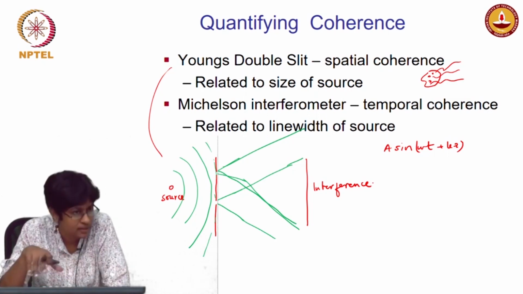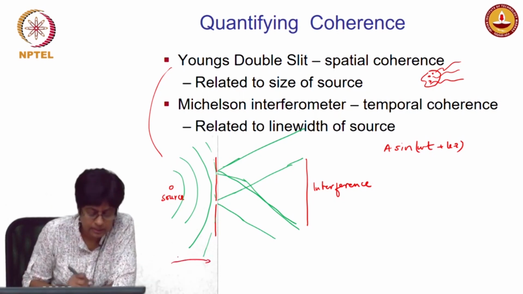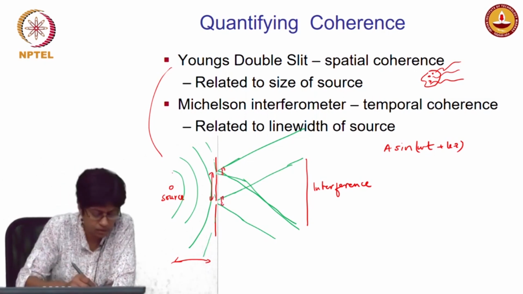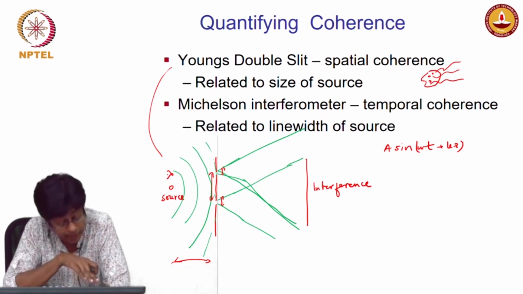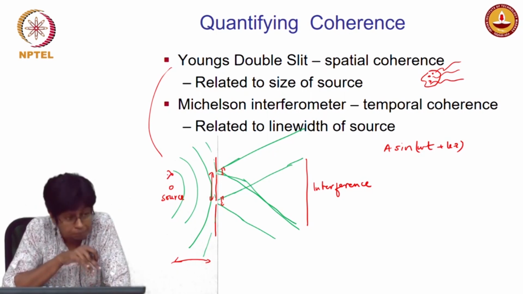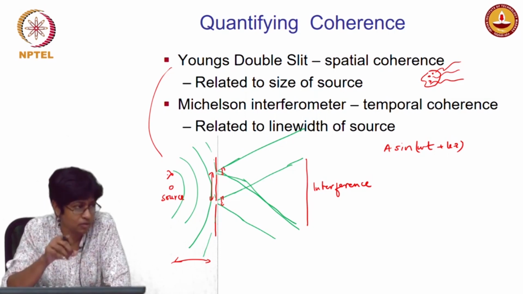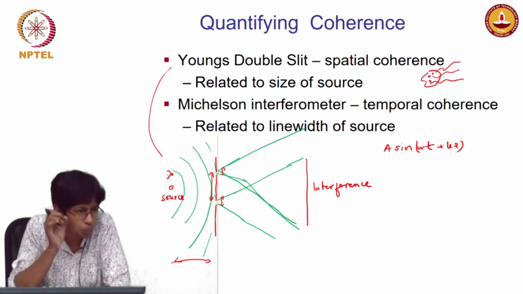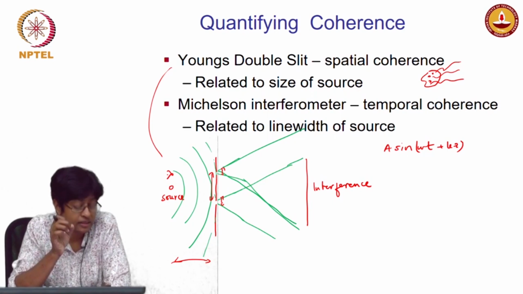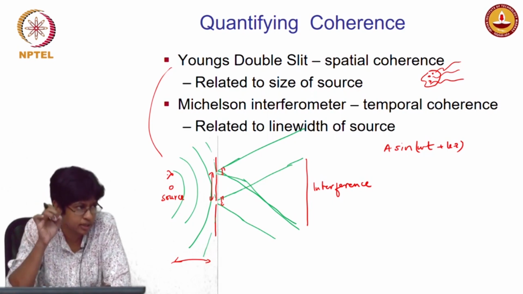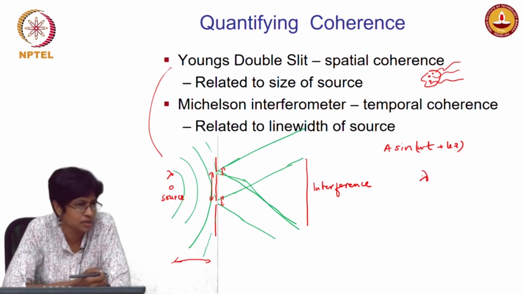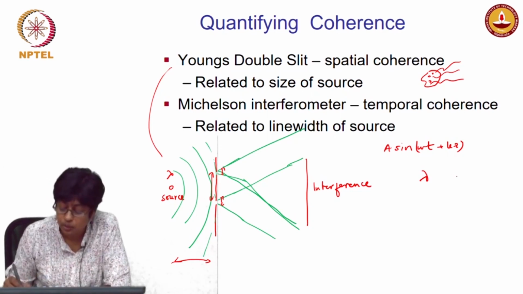Of course, it depends on various things. It will depend on this distance, it will depend on this gap, it will depend on the width of these slits, it will depend on the wavelength, and I say lambda, but of course, whenever we say lambda of a source, it does not mean that the source has only one wavelength. Okay. Now, I may say that the wavelength of the source is 633 nanometers. But associated with that source will be a bandwidth,